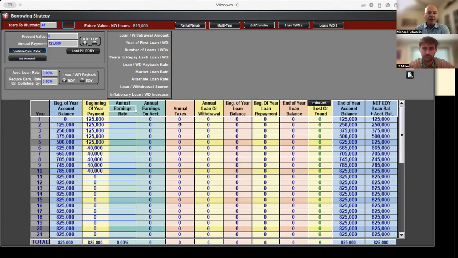So imagine, JT, and those that are listening, that this is just a money market account. We have a number of deposits over a 10-year period here that equal up to 825,000. As you can see, for the first 5 years, it's kind of heavy as they try to get their real estate game going. They need capital to do it, and they're going to put money into this system each and every year. And then it slows down over the next few years after they've capitalized and have an amount of capital in there. So number one, this is just showing basically money going into a shoebox or a safe,